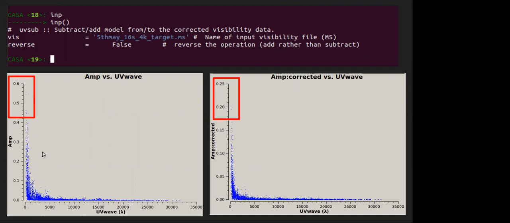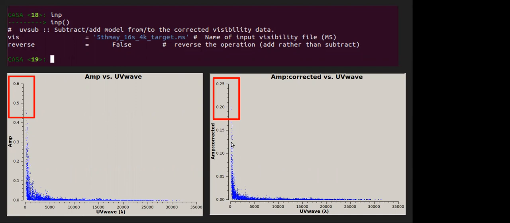Okay, so this is what your amplitude versus UV wave looks like for my data set before UV sub. That is the corrected data column. You will see that the amplitude is of the order of 0.6 Jansky here. However, when I made a model and subtracted that model, I again plotted the corrected data column as a function of UV wave. After the subtraction, this amplitude goes significantly down. It is of the order 0.20, 0.25.